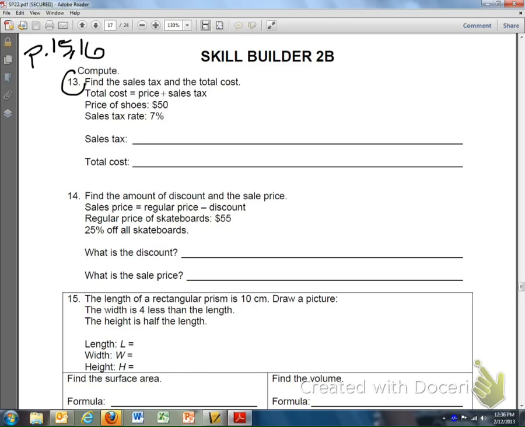Let's take a look at your first problem, number 13. It says find the sales tax and the total cost. This is a real-life type of problem. Price of shoes is $50 and the sales tax is 7%. So your total cost is going to be the price of the shoes plus whatever the sales tax is. So we need to find out what 7%